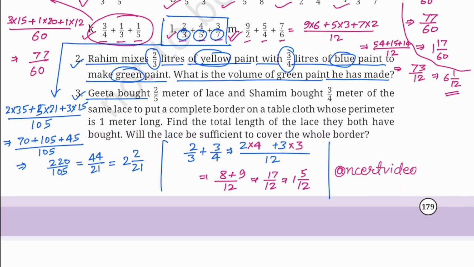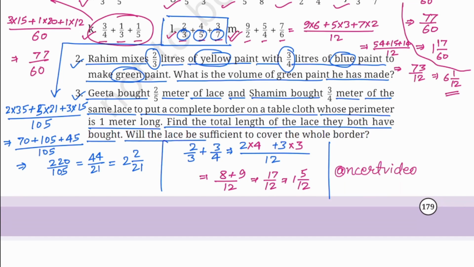3. Geeta bought 2 upon 5 meter of lace and Samim bought 3 upon 4 meter of the same lace to put a complete border on a tablecloth whose perimeter is 1 meter long. Find the total length of the lace they both have bought. Will the lace be sufficient to cover the whole border? Let's find out. Length of the lace bought